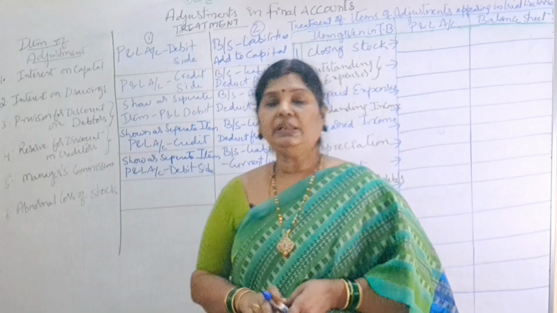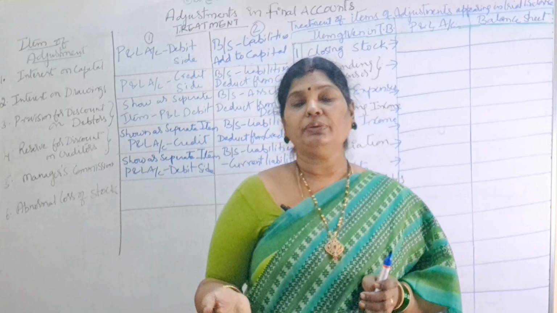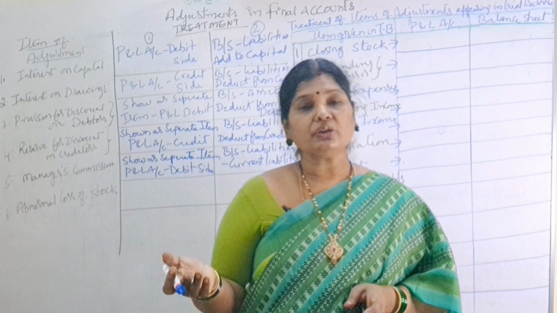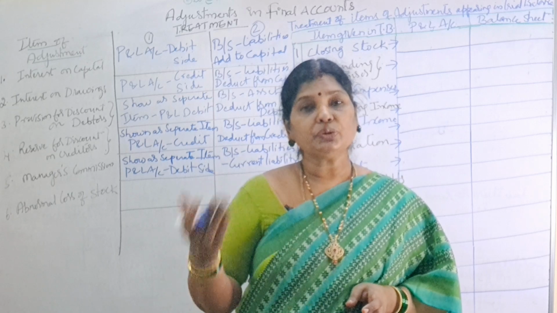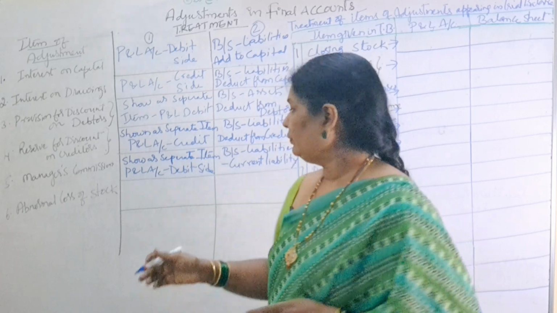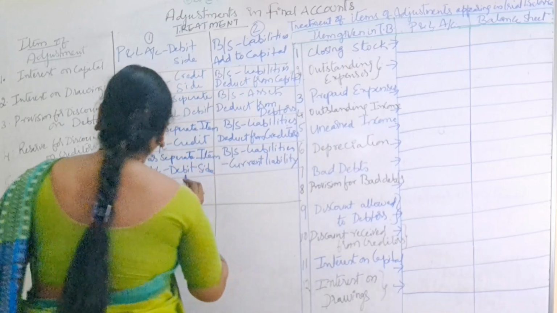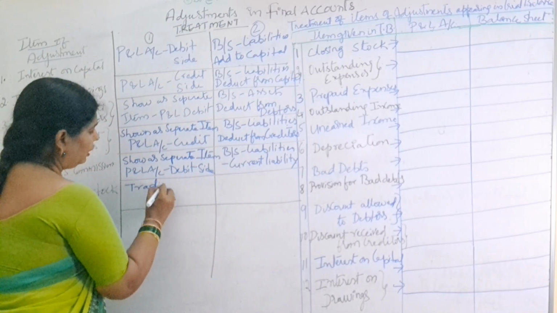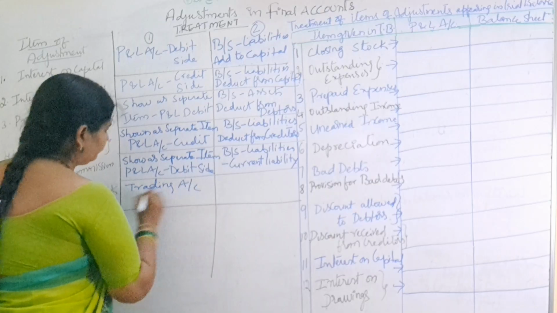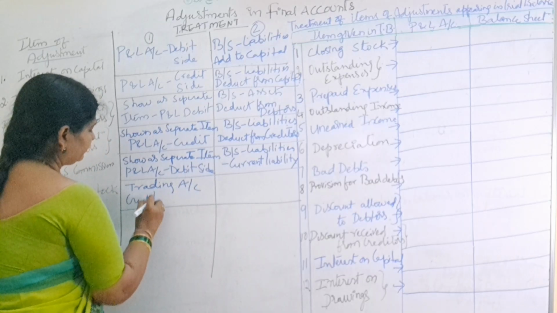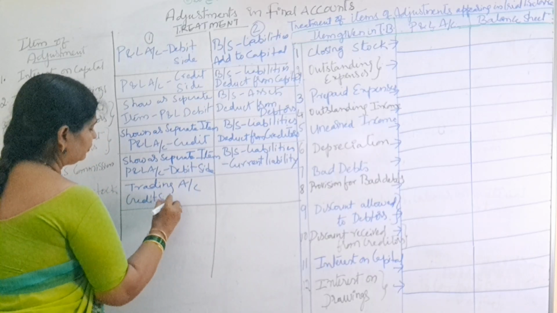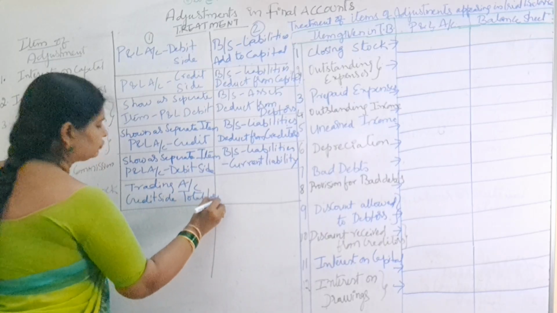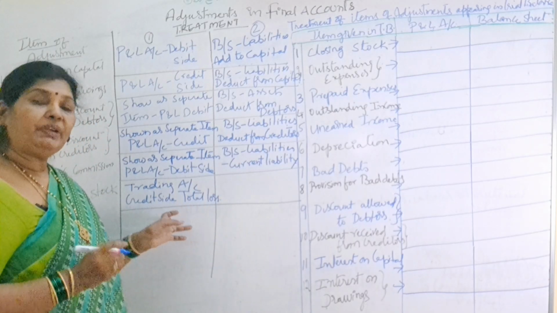Say for example, we lost our stock in the godown. Okay, the loss worth is 1 lakh. So what's the total loss of stock which we have lost due to fire? Rupees 1 lakh. So what will we do? We'll go to the trading account. In the trading account, on the credit side, we will show the total loss. Total loss we will show. It means if the loss is 1 lakh, we have to show 1 lakh.